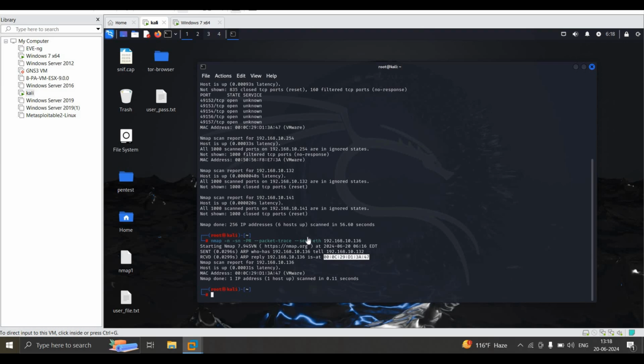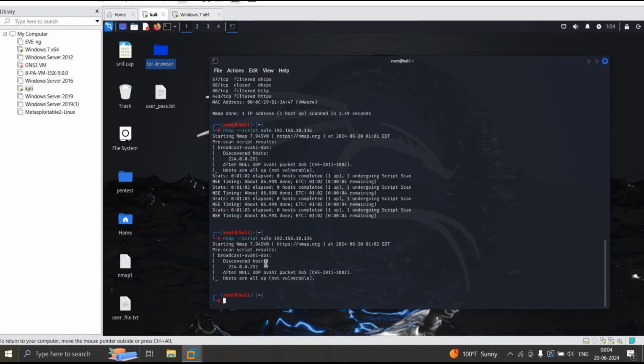So Nmap starts sending on layer 2 rather than on layer 3, because when you do -PE, you are performing layer 3 since you are sending an echo request. But if you are sending Ethernet packets, you are performing it on layer 2, which is the ARP protocol. Okay, now if you want to add everything to the report, the command will be,